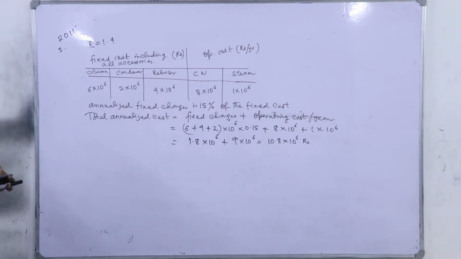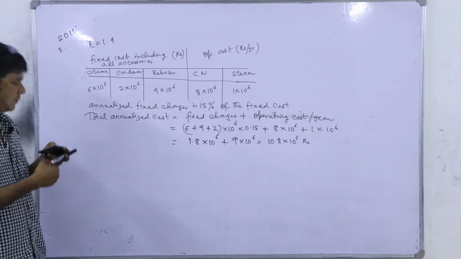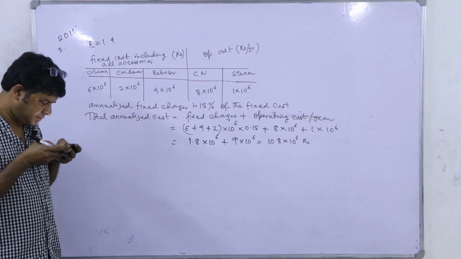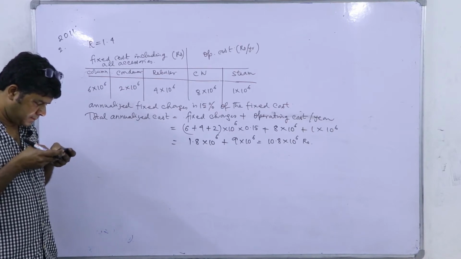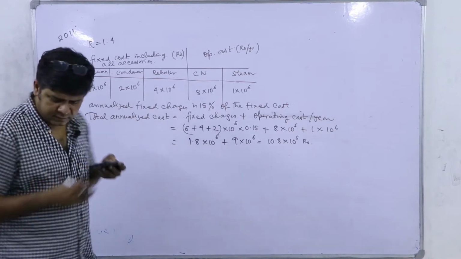So, total annualized cost will be this. Next,